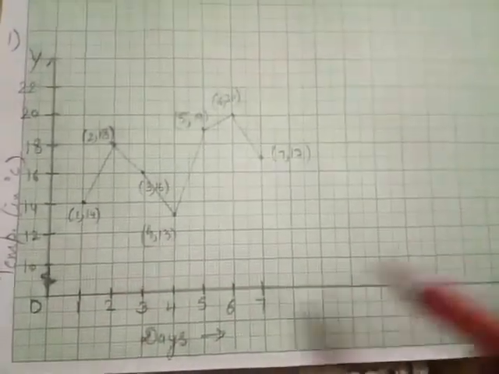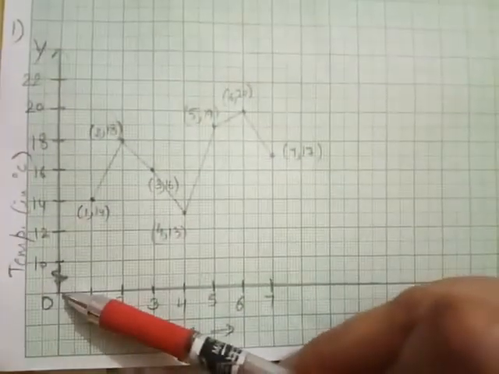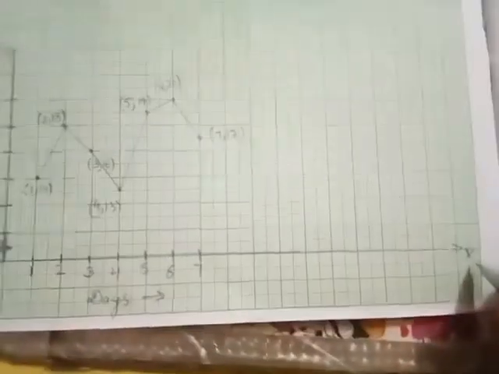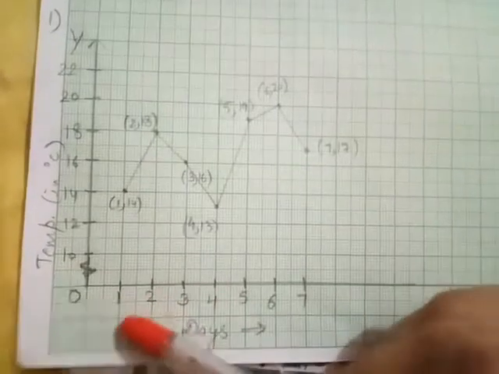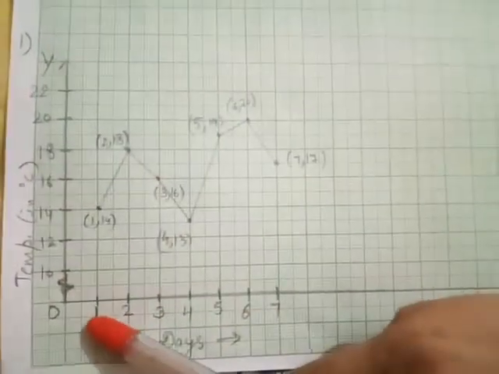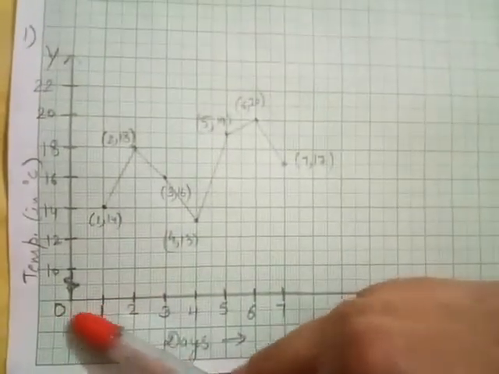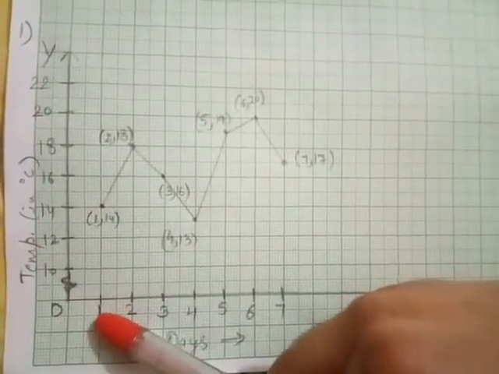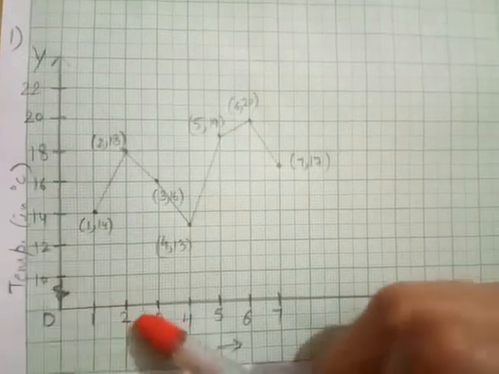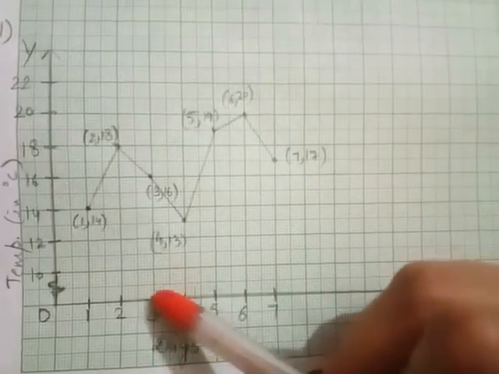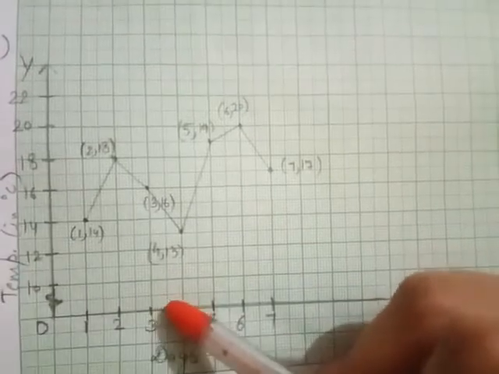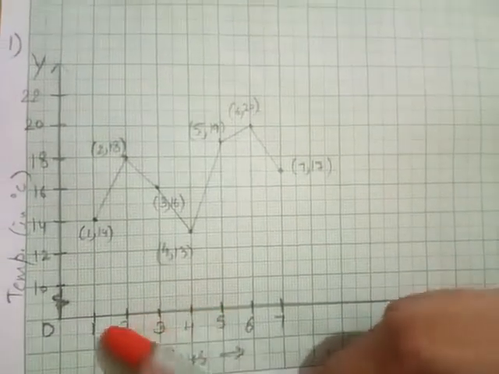How to draw? See, first of all, this is the origin, you know this is our x-axis. Here you will write x-axis, and this is our y-axis. Clear? And in the data, days are given on this side. In the x-axis we will write 1 2 3 4 5 6 7 days. We will take the gap of one big box, and in between small boxes are with us.